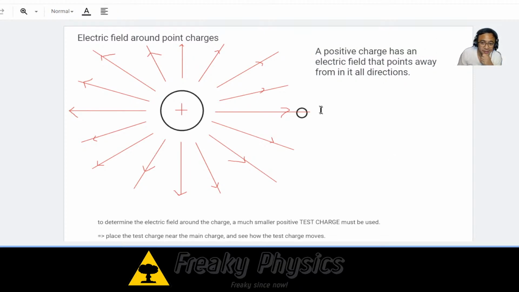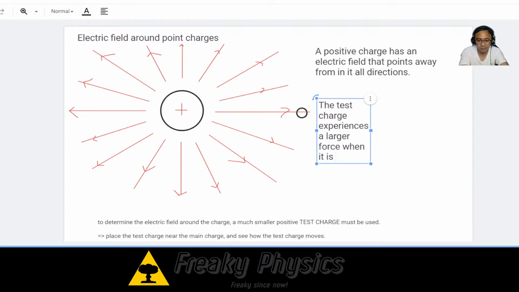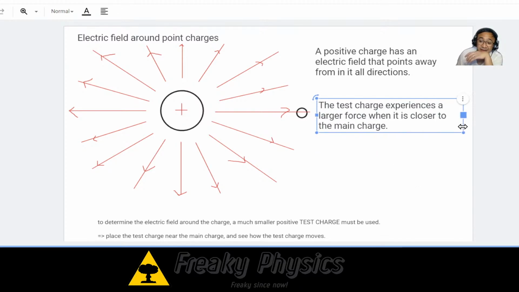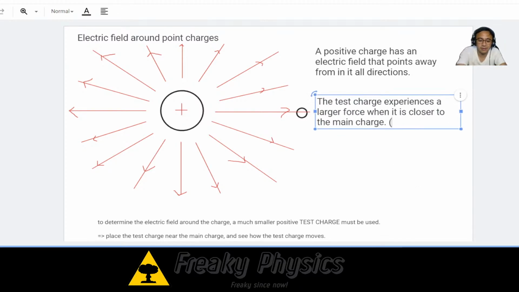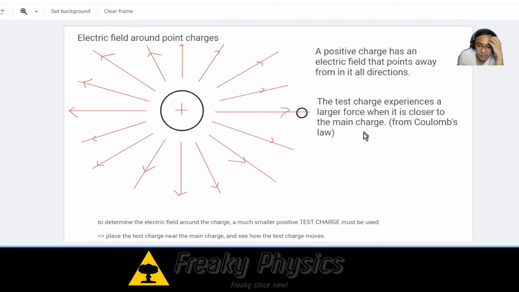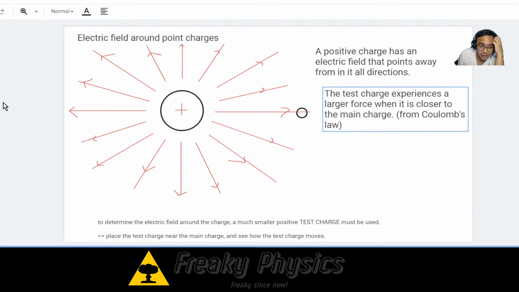Okay. So in this case, if you think about this, the test charge experiences a larger force when it is closer to the main charge. That's definitely from Coulomb's law, right? Coulomb's law. Okay. But if you think about it this way, in terms of the electric field, the drawing of the electric field,